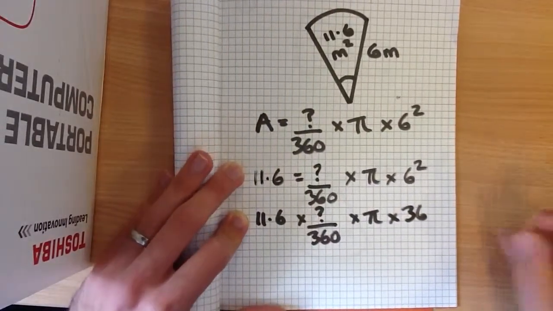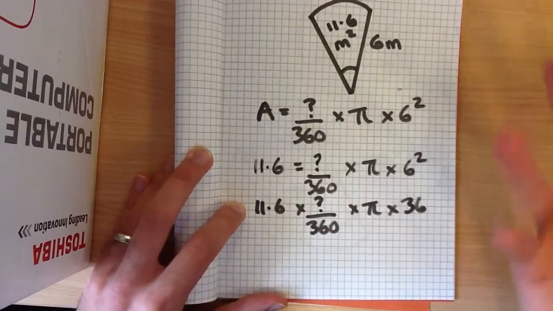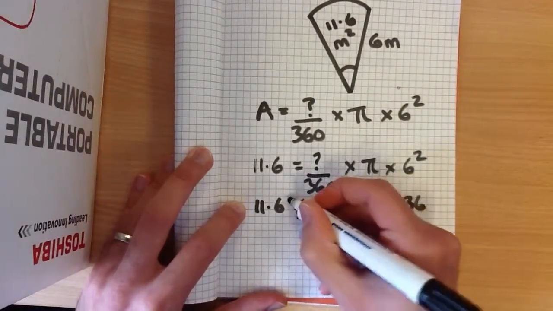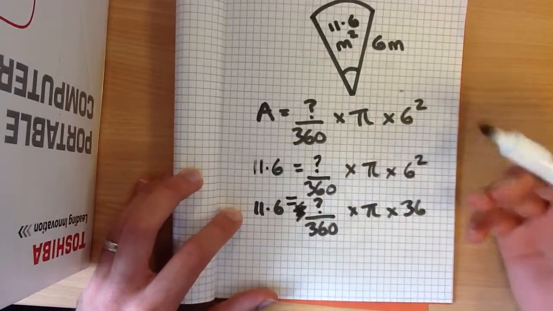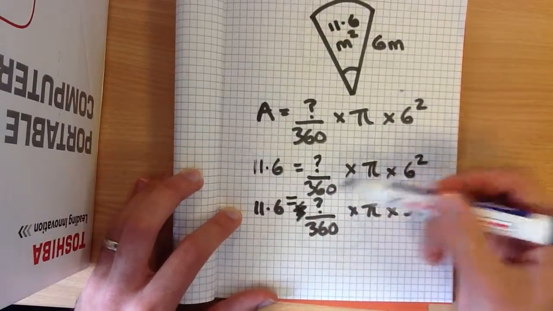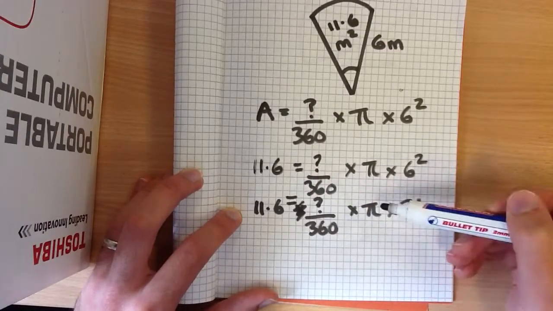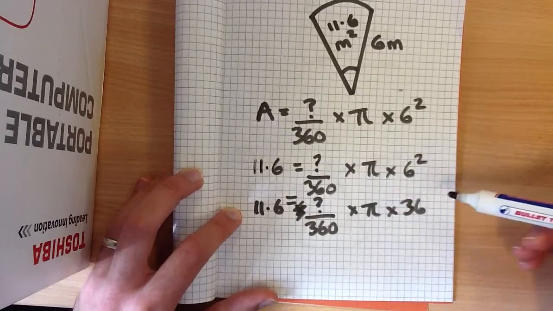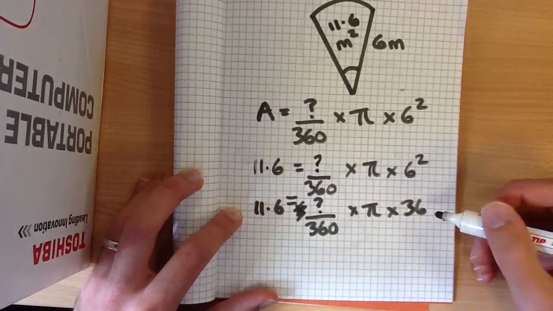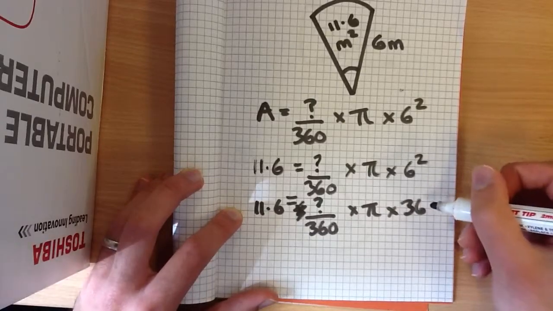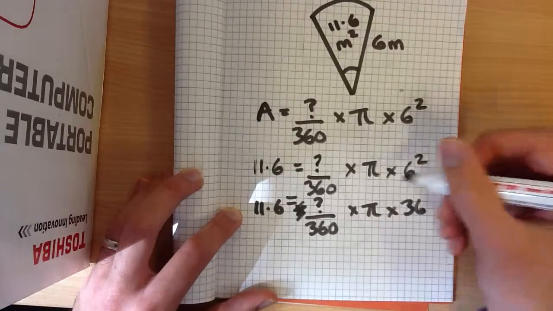And all we need to do now is use what we've learnt before about inverses, doing the opposite. So if I want to know what the question mark is, I have to think about what happened to it. Well, what I've done is I divided it by 360, I times by pi, and I times by 36. So I need to do the inverse to each of those. So let's work backwards. I'll need to divide it by 36, divide it by pi,